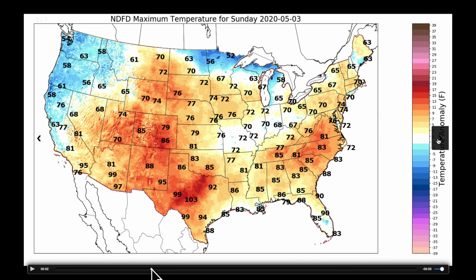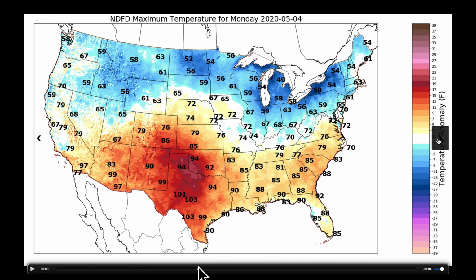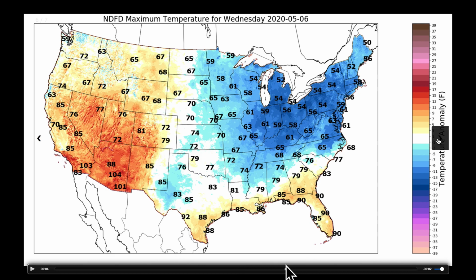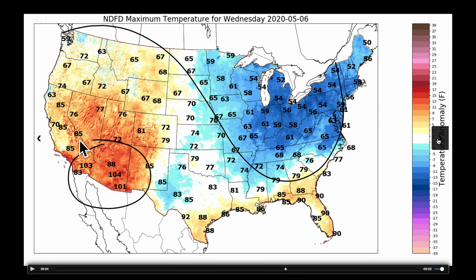So that's when we have a cooler day on tap for much of the Pacific Northwest and parts of Northern California. But as we get past Sunday, toward Monday, Tuesday, and Wednesday, when the pattern now is getting fully established in that deeper trough out east and the broader ridge out west, notice we go back over to triple-digit heat in the Southwest, see a lot of mid to upper 80s in the Central Valley, and our temperatures overall are warmer than normal. So let's keep going.